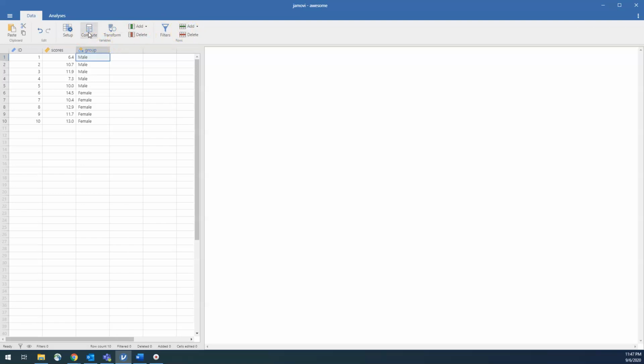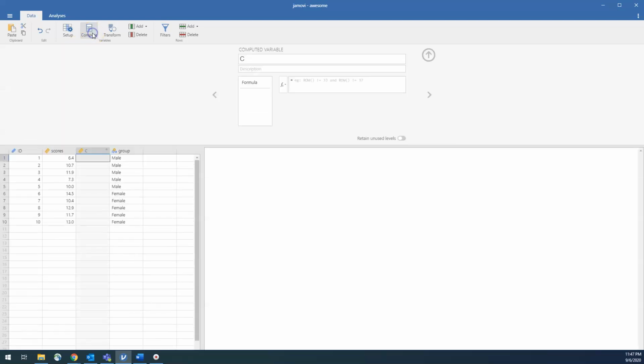Now, let's imagine that, as I said a minute ago, these are scores. These scores are times in seconds. Let's say that we wanted to transform this into a new unit of measurement and make it minutes instead. In order to do that, we could come here on the scores and click Compute. Now that would open up a new computation window that would allow us, in this new column C that just appeared, to take the value of scores,